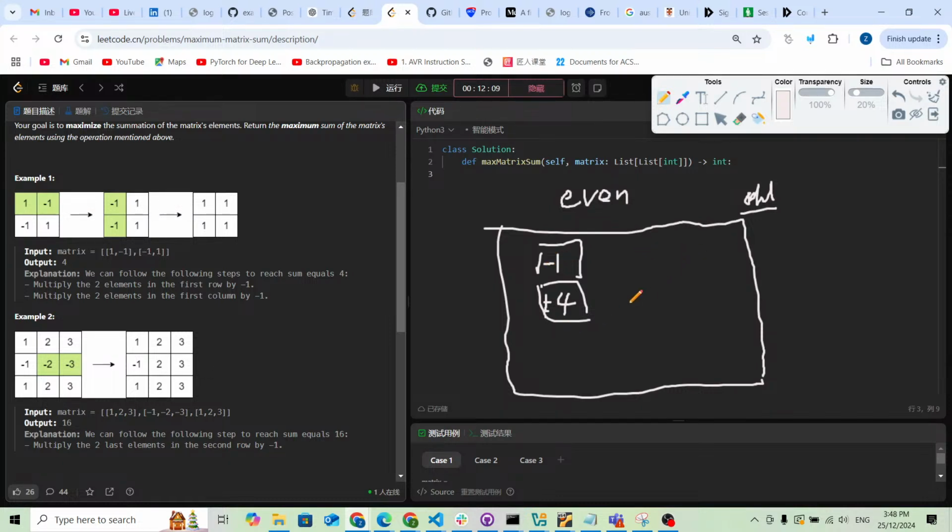Yeah, because there's no 0. And then this is bigger than before, because currently 4 minus 1 is 3, but before, minus 4 plus 1 is negative 3, so 3 is better. So this means inside the matrix, if there's an odd number of negative numbers and there's no 0